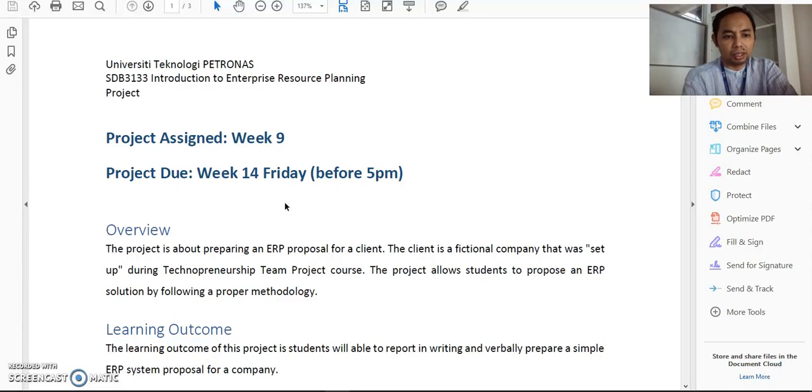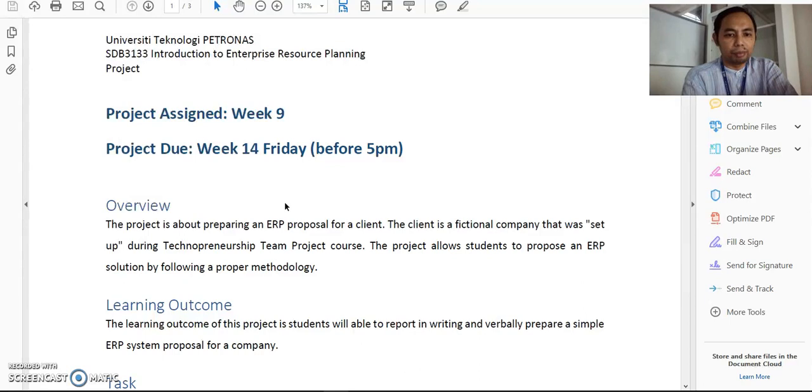So a little bit about the project. The project is about preparing an ERP proposal for a client. This client is a fictional company that was established during TTP. So the TTP team that I supervise, I take those as the client for the project. The project allows students to propose an ERP solution by following a proper methodology, basically a step by step